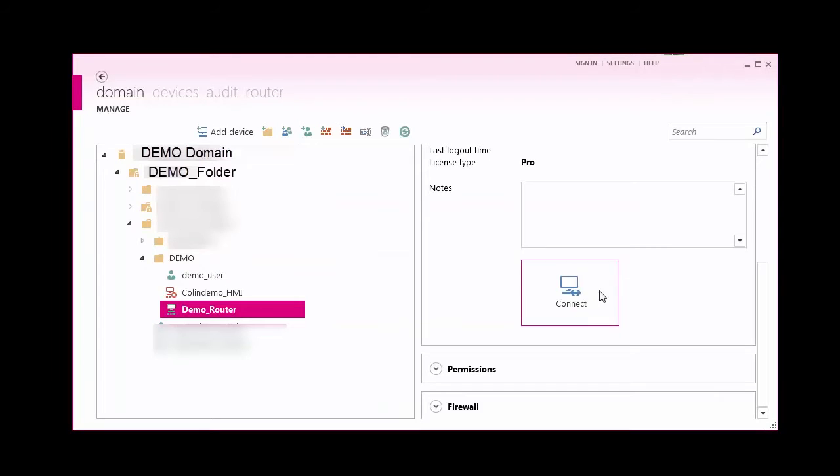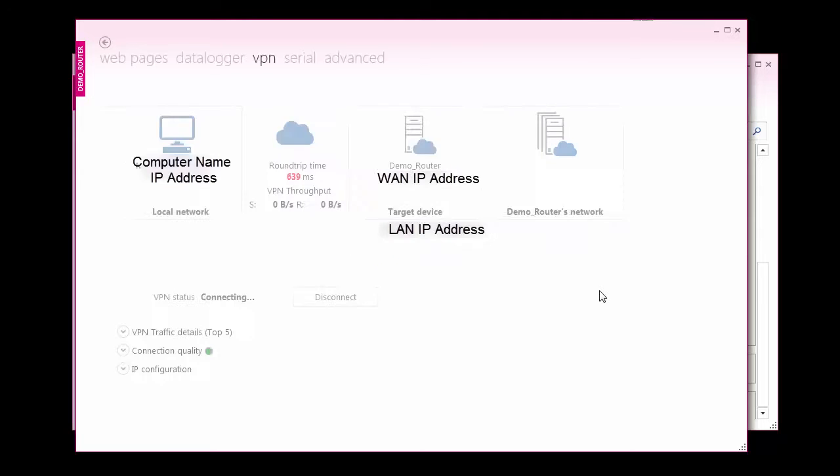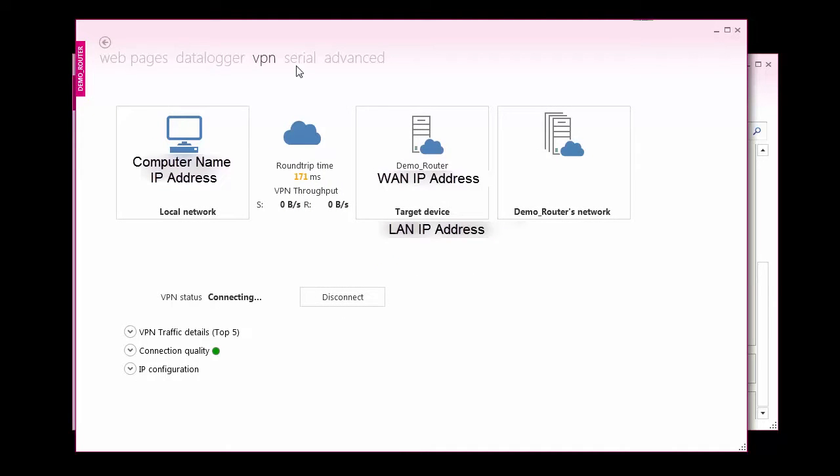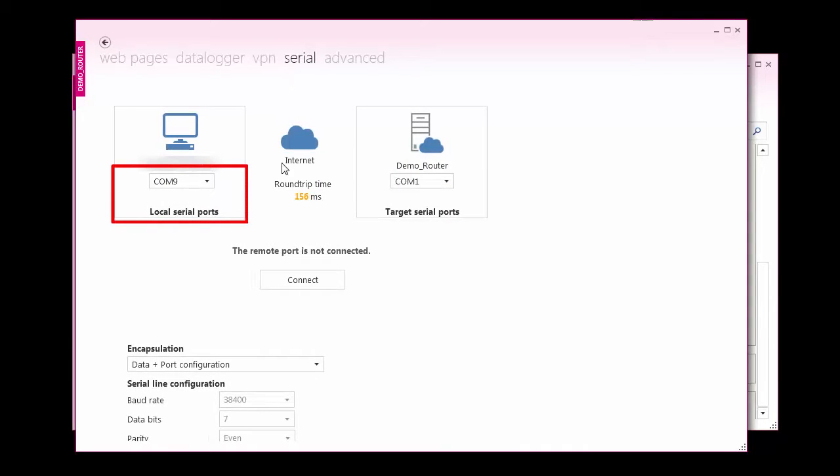After the router appears online in the device tree, select the Connect button to establish a VPN connection to the router. Now, select the Serial tab at the top of the toolbar to access the serial port configuration. You will now see the local virtual COM port installed by CombiVis Connect and the physical COM port on your device. You will need to configure the serial protocol parameters used by the device you are connecting to under the